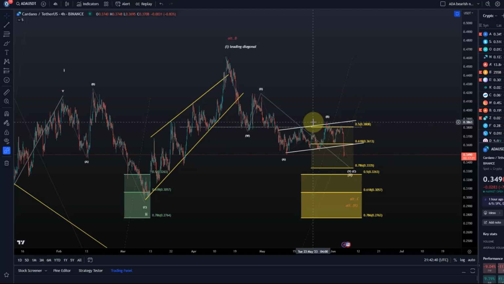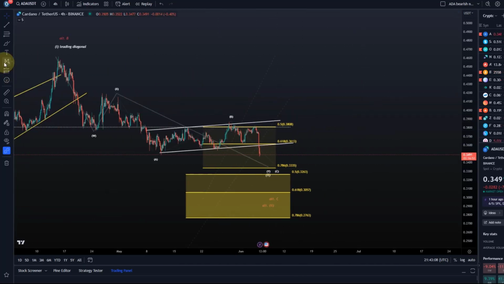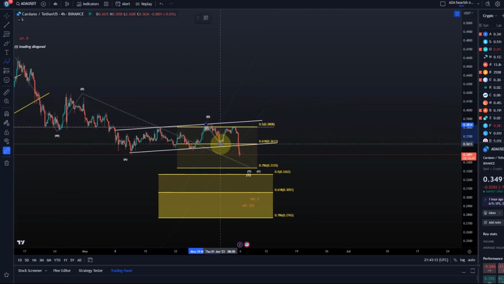Yeah? So the idea is that obviously we are in the wave 2. At the moment, I'm counting it like Bitcoin, where we say, okay, we came down in a wave W here to the low of the 24th of April, a wave X to the upside, and now a wave Y down. And then we've got an A wave, a B wave, and a C wave. Possible. Then we would have here a wave 1, a wave 2, a wave 3, and maybe get a 4 and a 5. This is sort of what we are looking at here, and this is an absolute possible scenario, pretty much in line with Ethereum, Bitcoin, a wave 1, a wave 2, a wave 3.